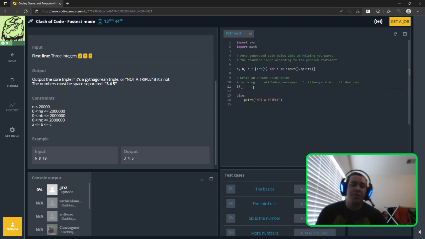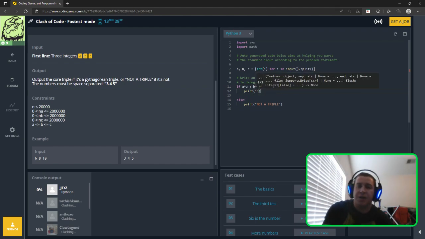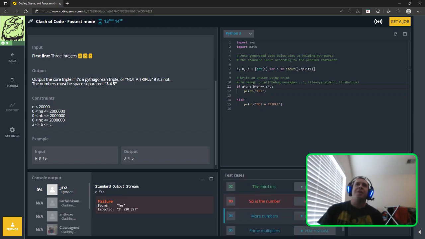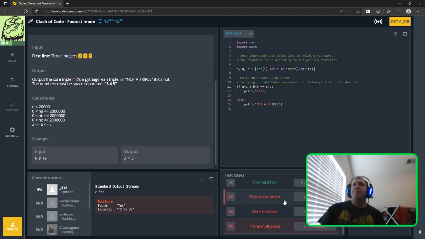Now, we'll do if A times A plus B times B equals C times C. And we'll just do yes for now. Oh, geez. Equals 2. So yes, not a triple. Yes. Okay. So now,